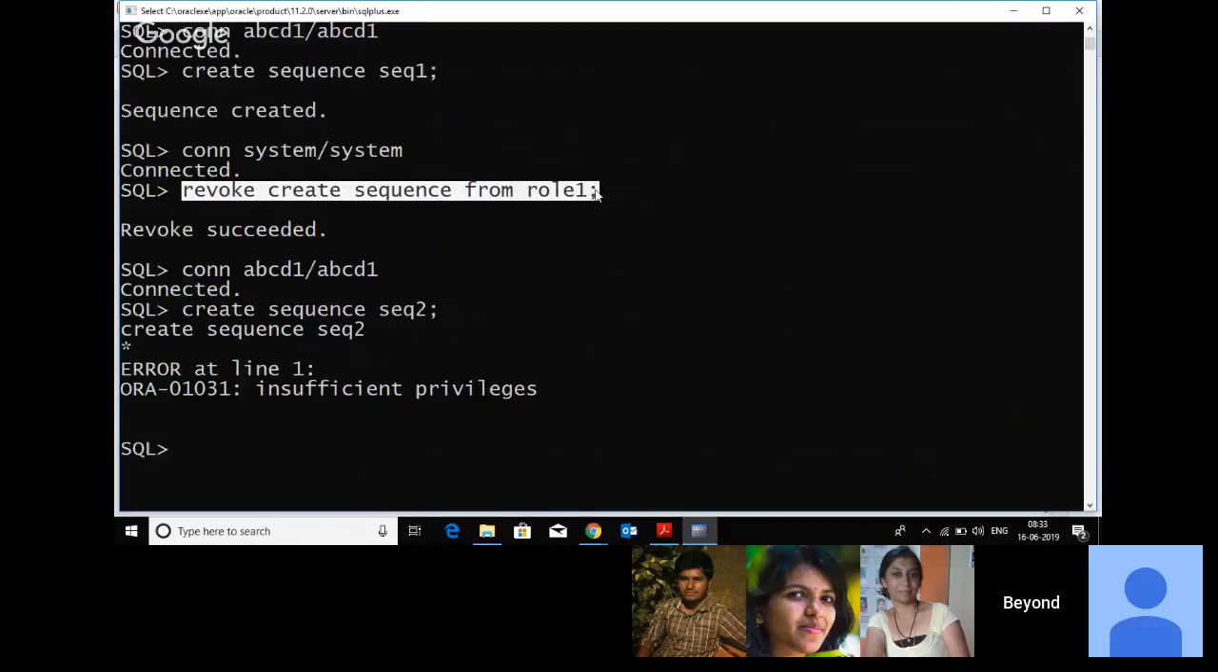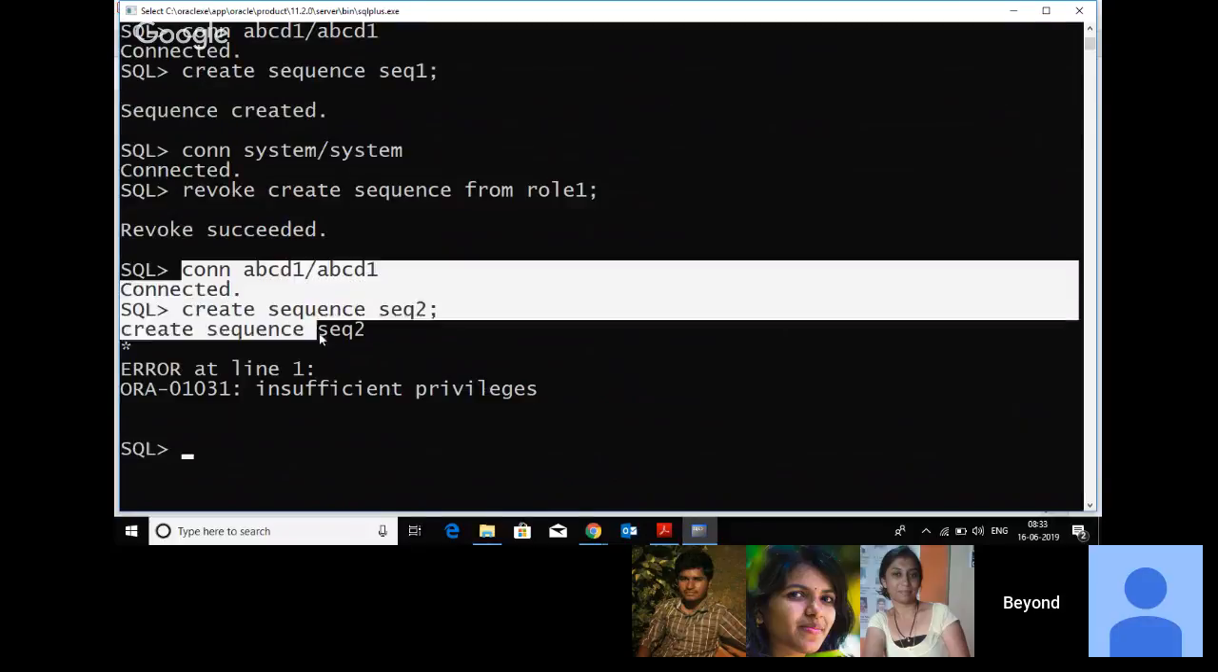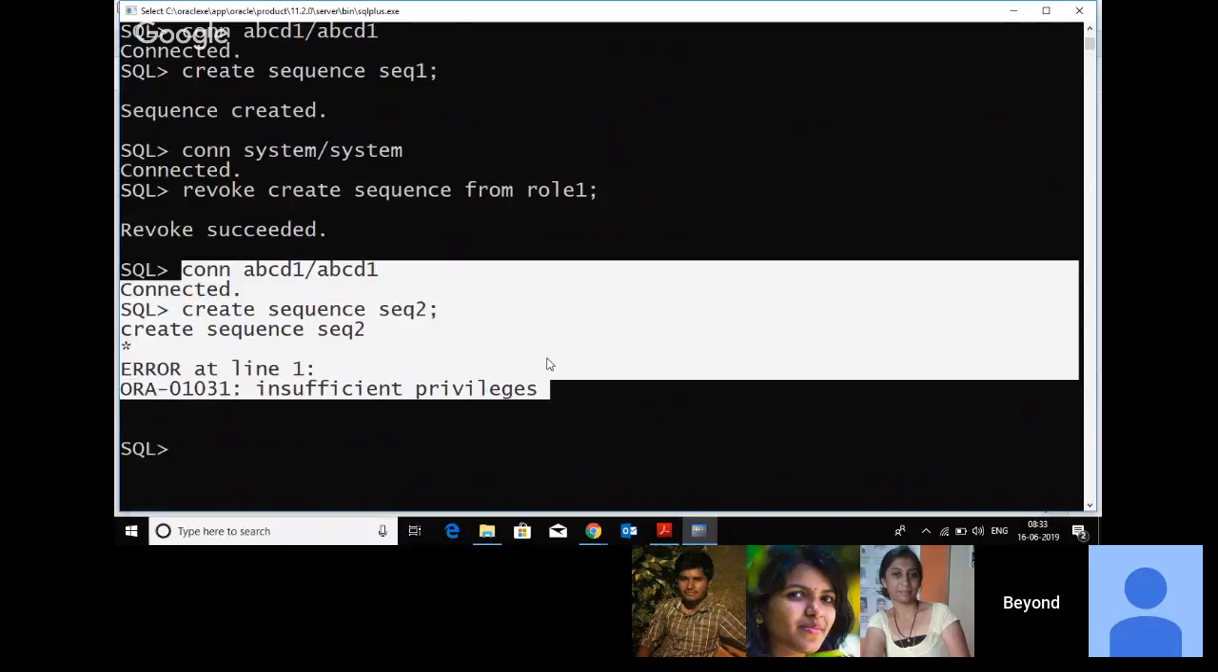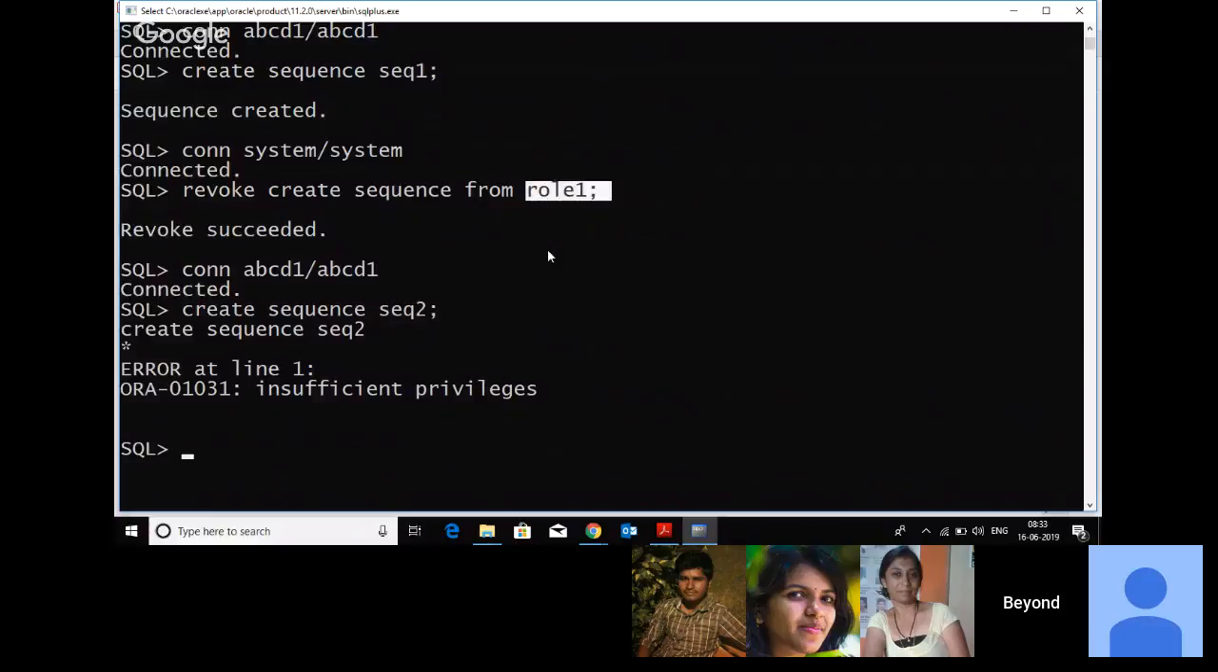But I revoked the privilege from Role 1, and now ABCD1 is unable to create a sequence. Not only ABCD1, all the three users are unable to create it, because the same role is given to 3 users, ABCD1, ABCD2 and ABCD3. None of the users is able to create the sequence now, but they can create views and all. So this is the simplest way of creating